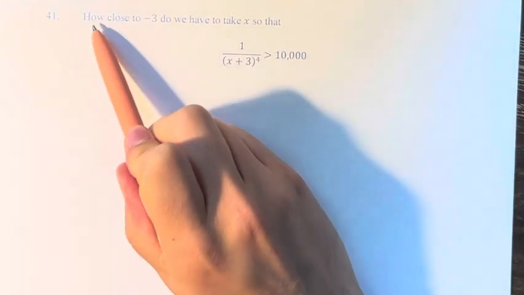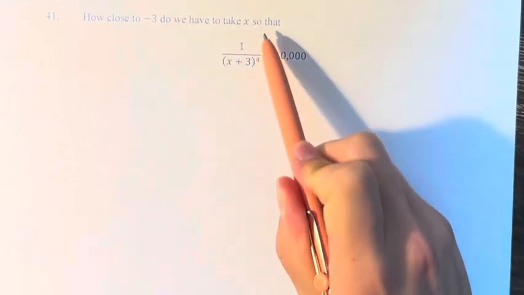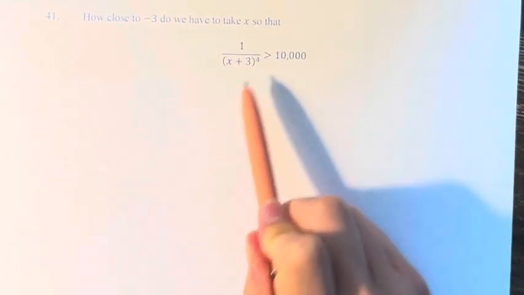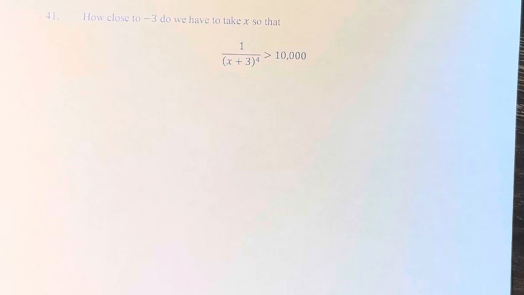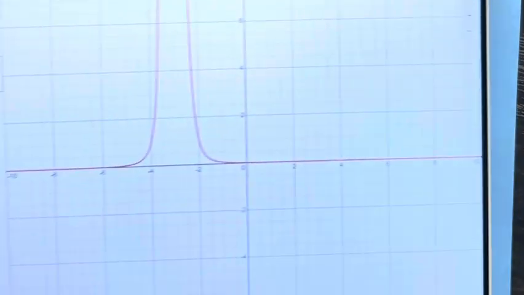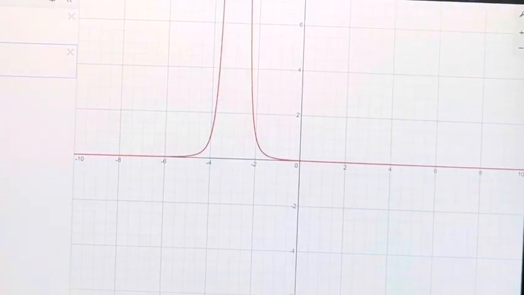In this problem, we're asked how close to -3 do we have to take x so that 1 over (x + 3)^4 is greater than 10,000. So the easiest way we're going to do this is to graph this function. Right, so if you have the function right here, this is the graph of 1 over (x + 3)^4. And if we zoom out,